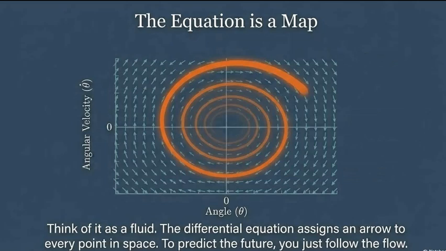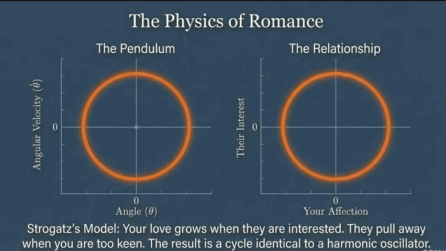The three-body problem. This is the famous one. We want to predict the motion of 3 planets orbiting each other in space. It sounds like it should be easy. We know Newton's laws perfectly. We know the mass, the gravity, the starting positions. But when you move from 2 bodies to 3, the complexity just explodes.